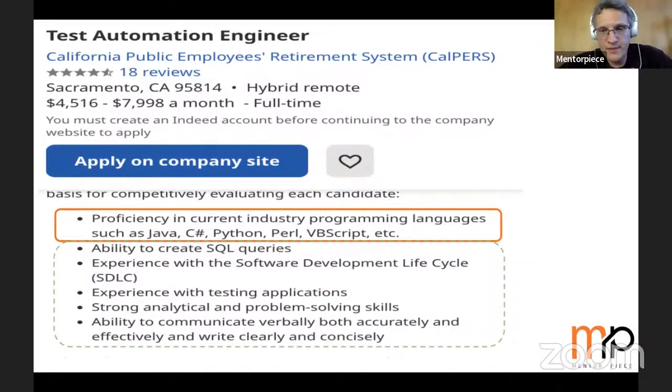And I would say that the biggest difference between this one and the previous one, this line about proficiency in current industry programming languages such as Java, C#, Python, Perl, Visual Basic Script, and etc. So this is the biggest difference between this position and the previous one. So as a test automation engineer, you should be able to do some programming. And the rest of the items here is quite close to what we have on the previous slide,